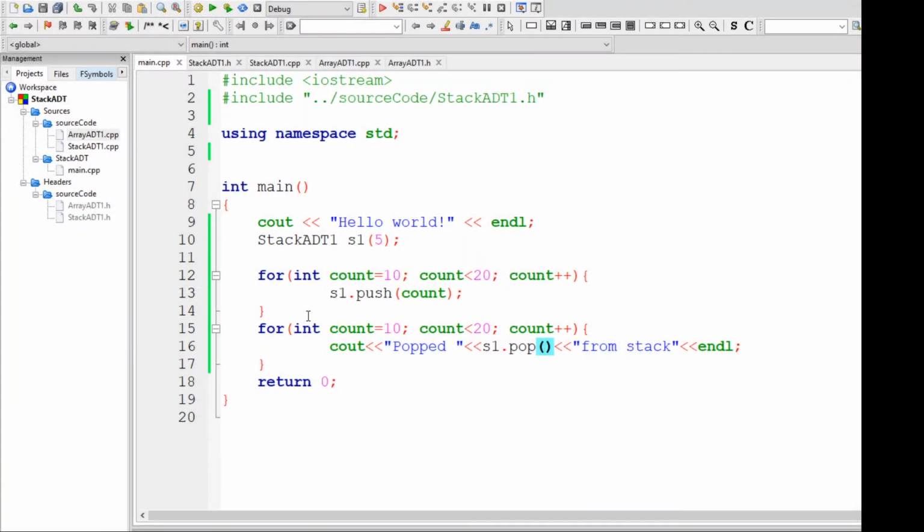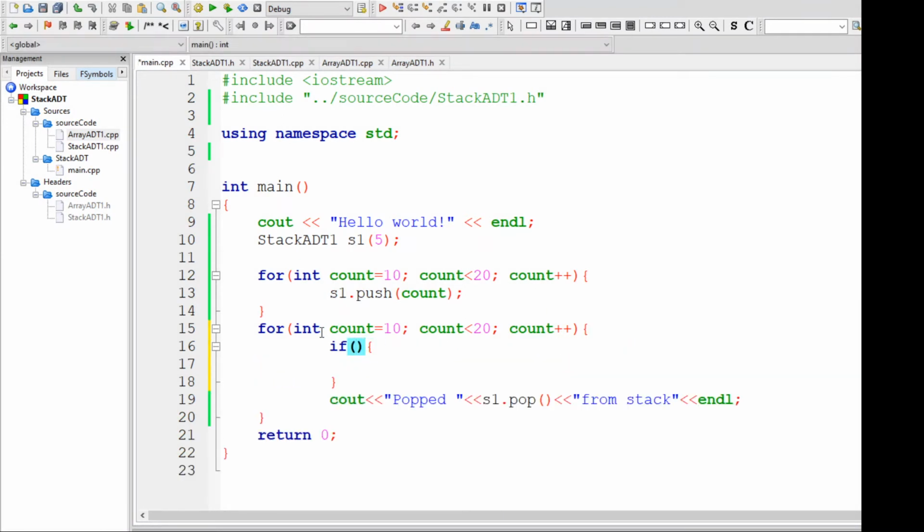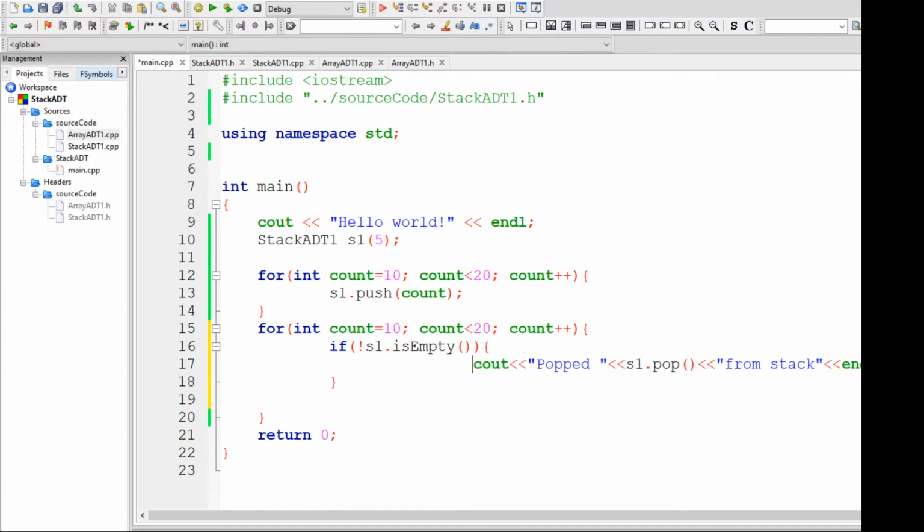So what I'll do is I'll say that if my stack s1 is empty, and I will do the negation of that. So if my stack is not empty, only then go and pop these values.